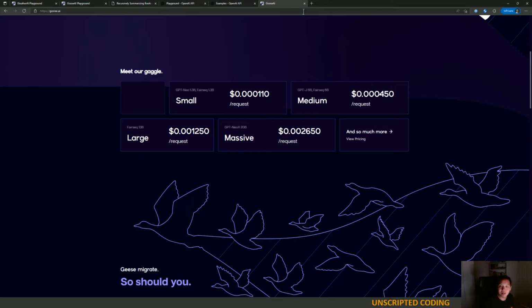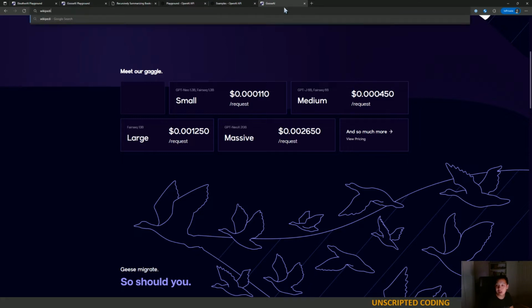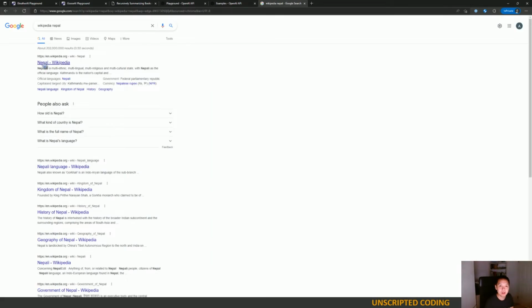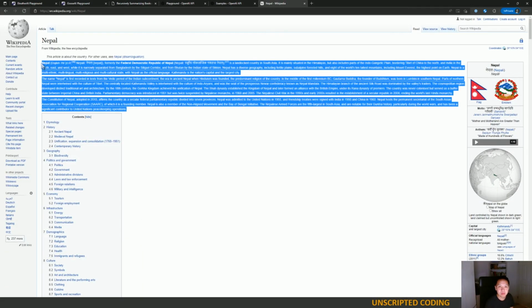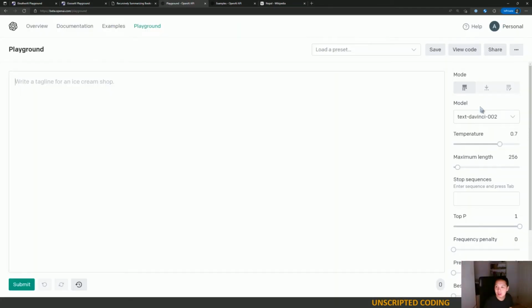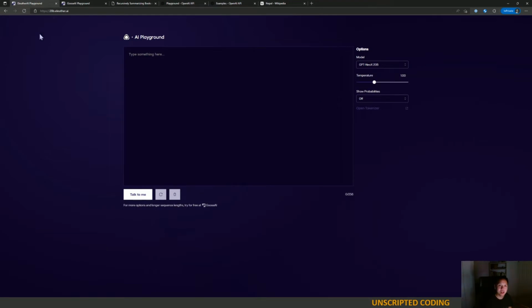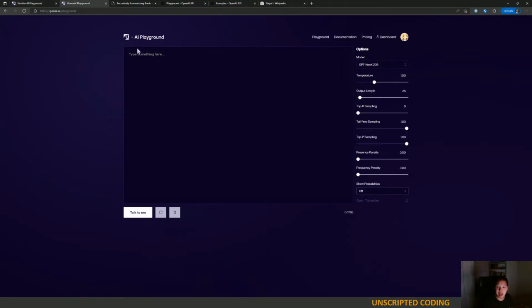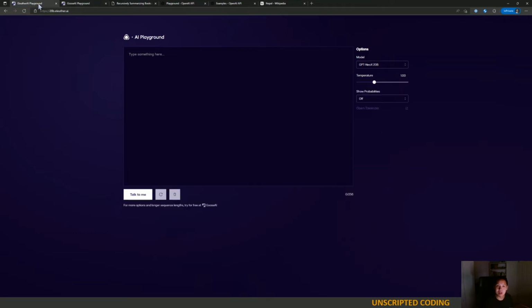So I am just going to randomly pick a Wikipedia article, and let's check out the country Nepal. Okay. And what I want both of these to do is to summarize. So I have here my account on Goose.ai. I wanted to point out that they've recently made their biggest model, the 20 billion parameter model, available for free to test at